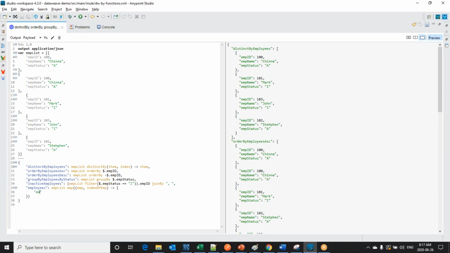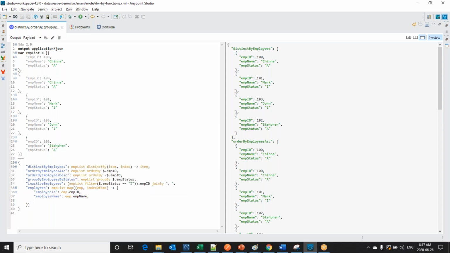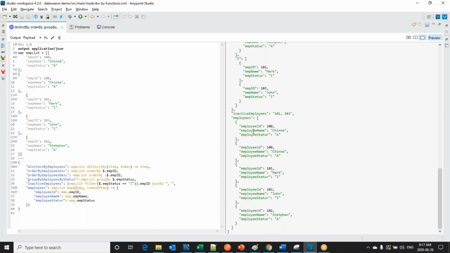Next I am going to have employee ID as emp dot employee ID, comma employee name, emp dot employee name, employee status, emp dot employee status. Now we can see the data has populated with all records.